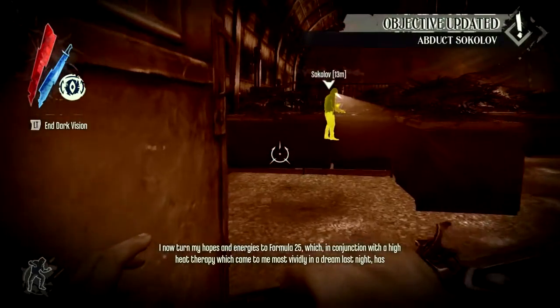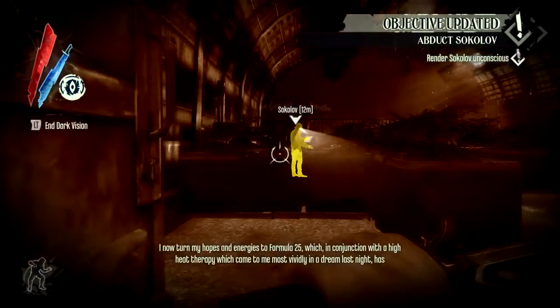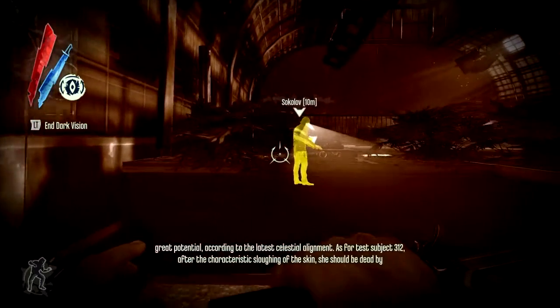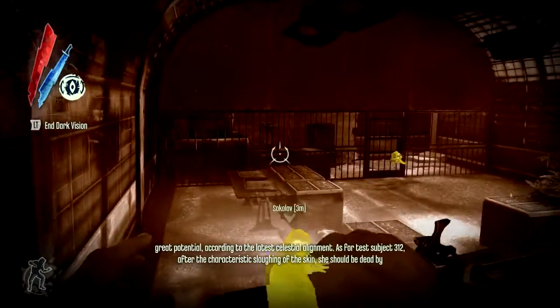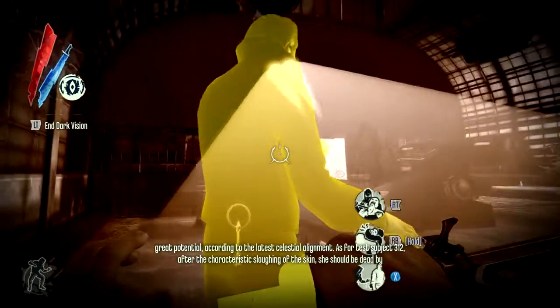I now turn my hopes and energies to Formula 25, which in conjunction with a high heat therapy, which came to me most vividly in a dream last night, has great potential according to the latest celestial alignment. As for test subject 312, after the characteristic sloughing of the skin...